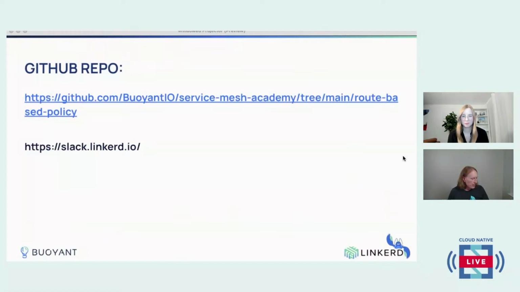What was the other thing I was going to say? Right. The repo is up to date with the demo as I actually ran it. Questions, you can always open GitHub issues or GitHub discussions or ping me on Slack. And I will be adding some more examples of various ways that authorization policies can interact for better or for worse.